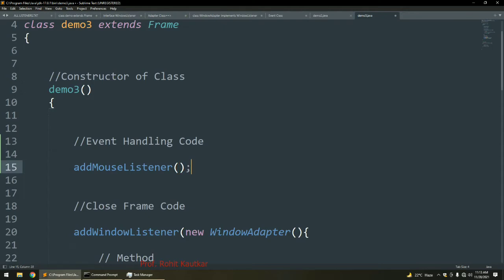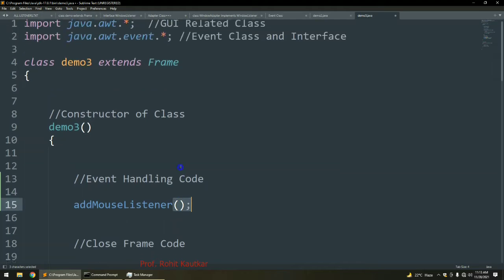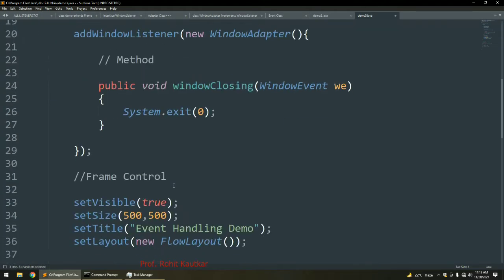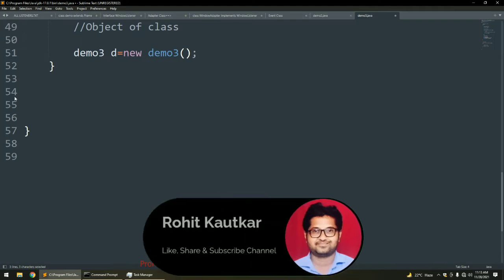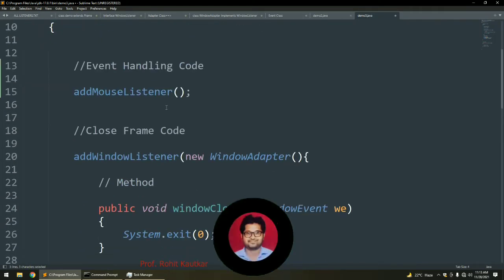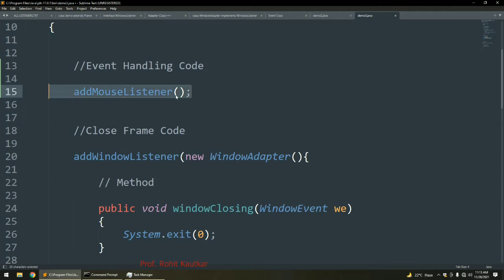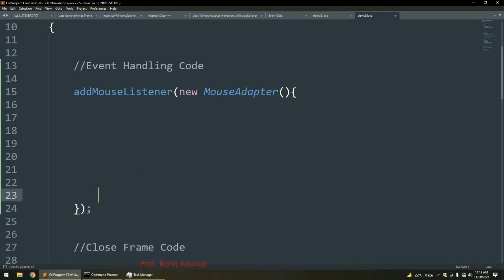Now as you know, I can pass the object of the current class to this, and here I can implement mouse listener, and then implement all methods of mouse listener interface. Or what I can do is use the adapter class directly, so it will save my code and my time. Directly I will use the mouse adapter class. Now I will write here new mouse adapter. You can see I have written it like this, and now here I am going to implement all the different methods of mouse listener.